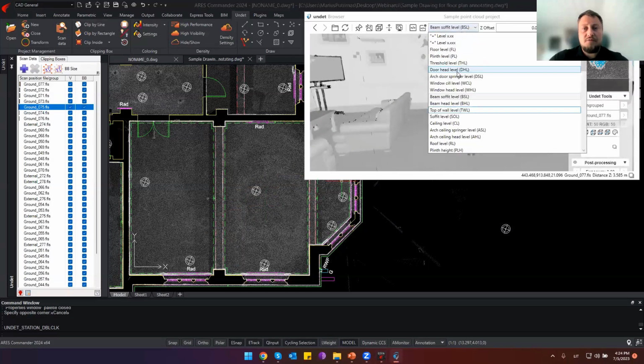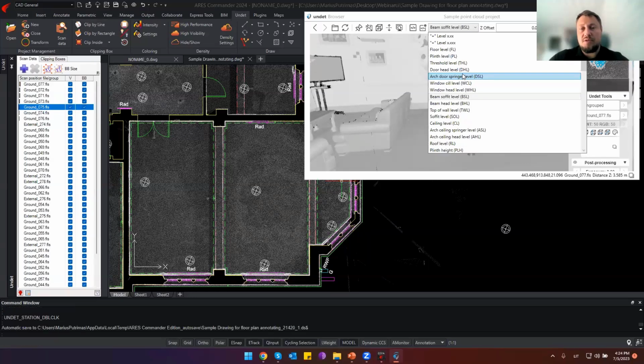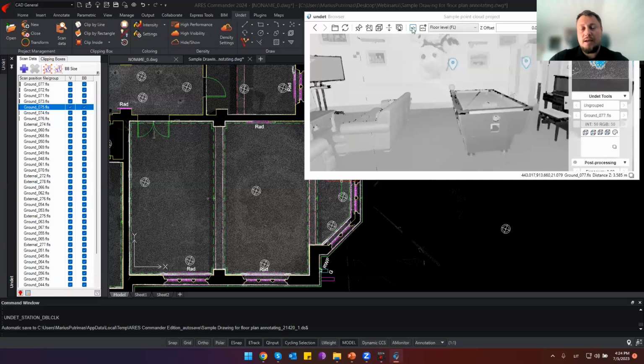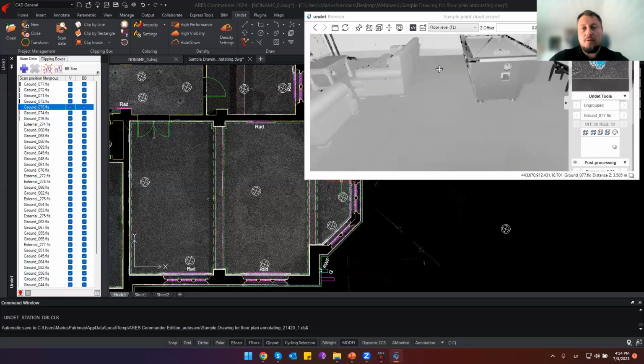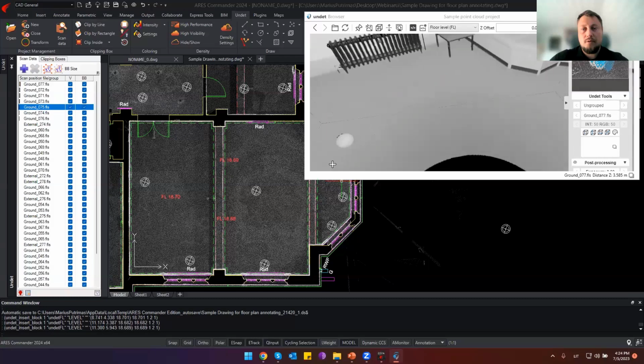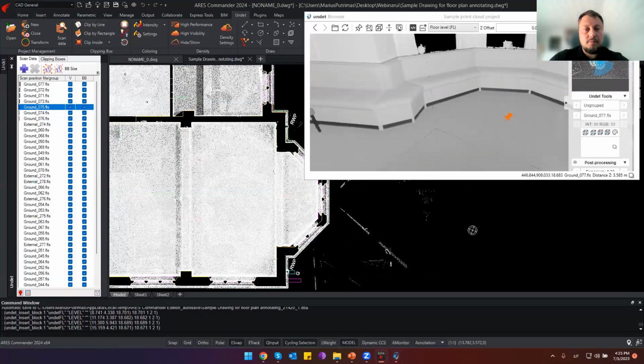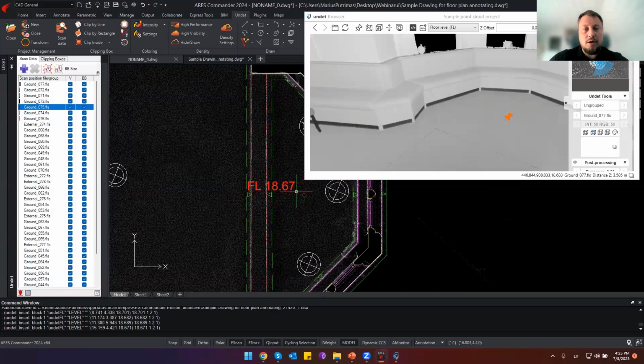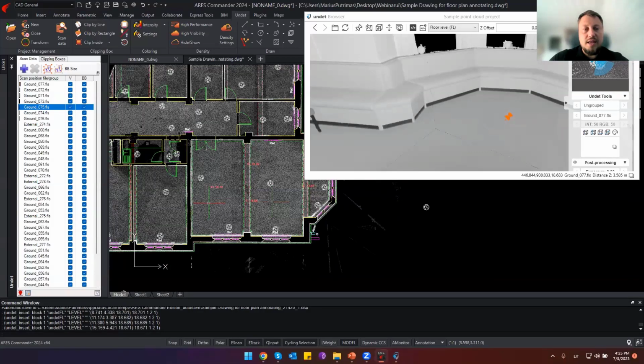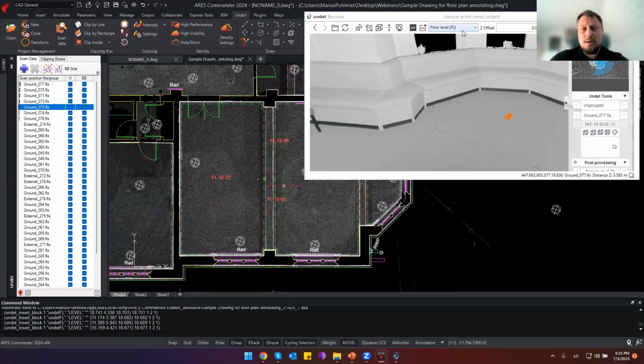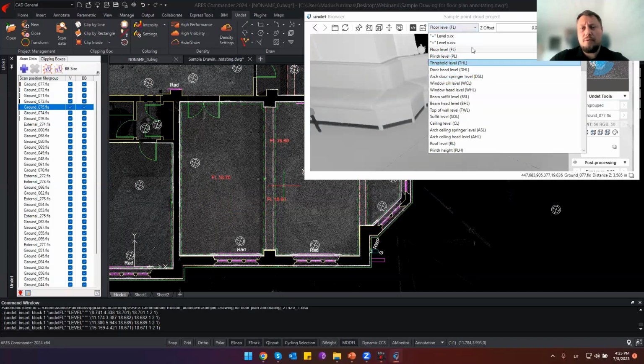And here we have the scripts which will help you annotate the floor plans. We have prepared for you 50 scripts which you can use to annotate the floor plan drawings. Now I will select a floor level script, activate the scripting, and once I click on the floors, you will see that I have placed the annotations with the floor levels. And I did not snap to the point cloud points. These scripts are very powerful, and you can very easily annotate